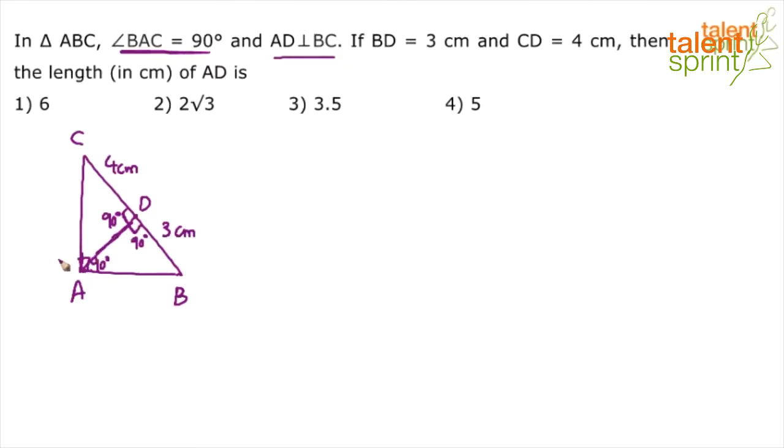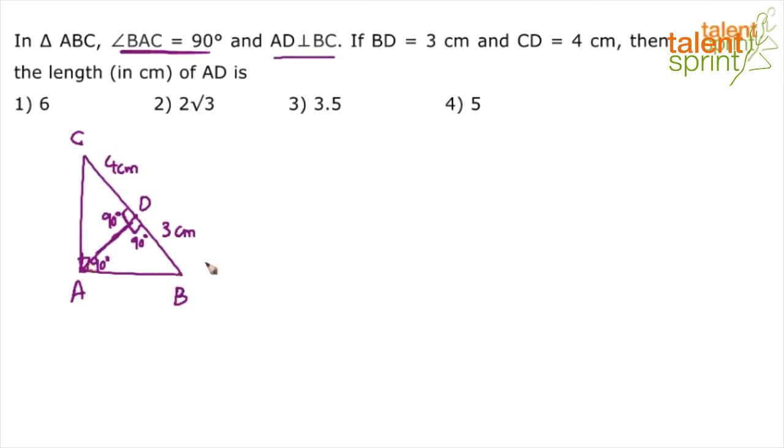Okay. So that's the representation of the question in terms of the figure here. ABC is a right angle triangle, right angled at A. Then we are drawing a perpendicular from A onto the side, the hypotenuse, which is BC. The point at which it meets is D and AD is perpendicular to BC. The lengths BD and CD are 3 centimeters and 4 centimeters respectively. Now, the one thing that you all have to observe here is that the triangles ABC,